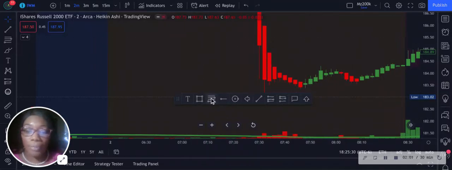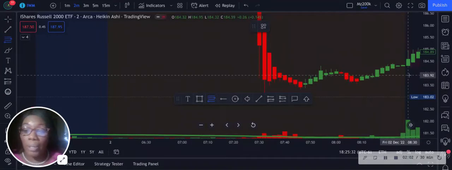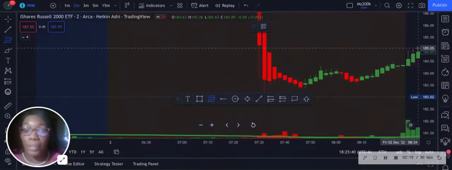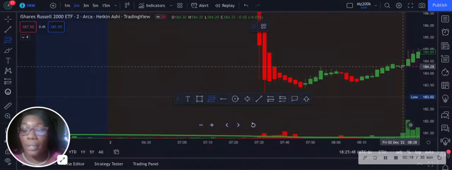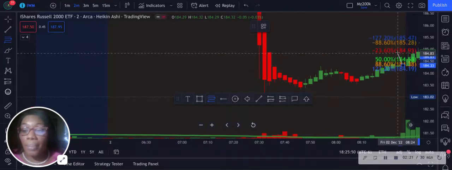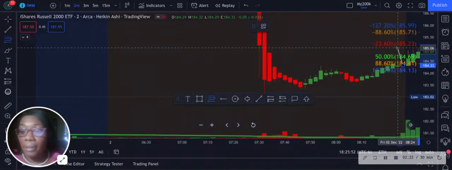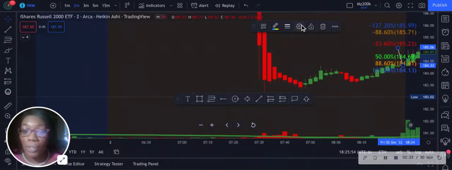So when I click on my Fib, you may have a whole bunch of Fibonacci levels. So what I do is on the first candle, or you can do the first 3 candles. That would give you 2, 4, 6 minutes into market open. So on the first 3 candles, you want to go from your high to your low. Now, the only thing about this is you have to go in here. So once you click on the Fib,